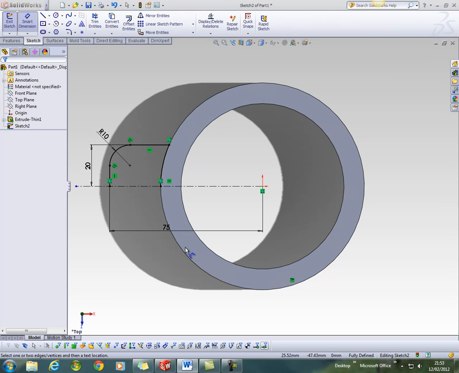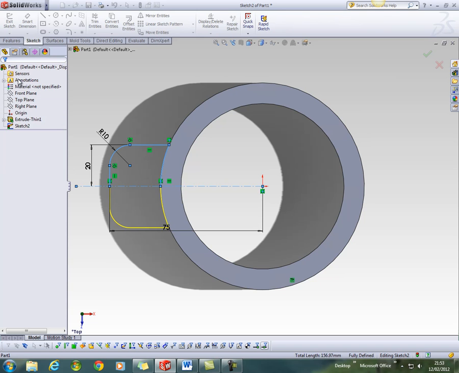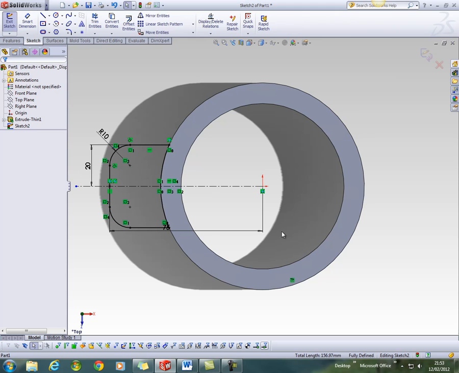and mirror those lines that we just created to create the opposite half of the flange. So I'm going to choose the Mirror Entities tool, select those 4 lines, click in the Mirror About and choose the centre line. You can go to Preview. If that's looking correct, click the tick, and that completes the sketch. So we exit the sketch,